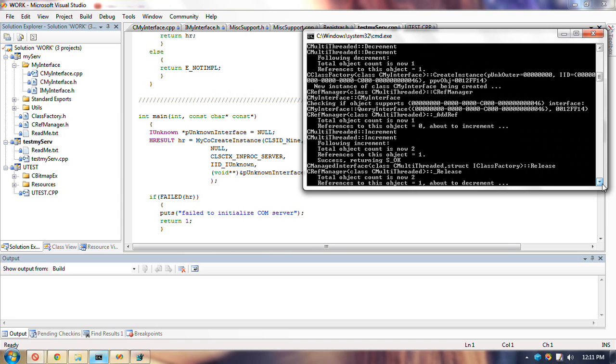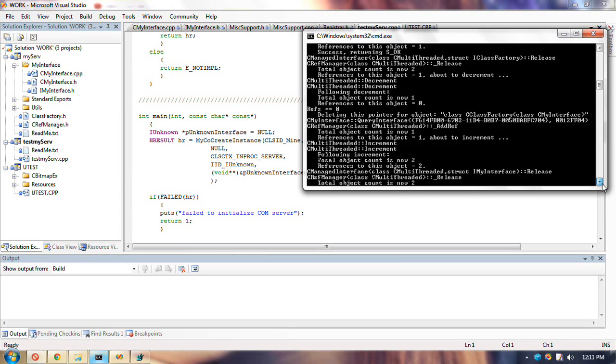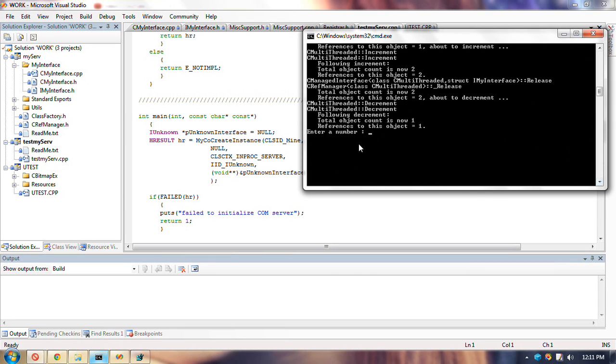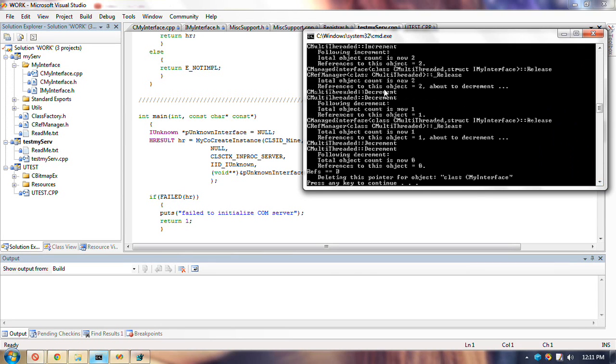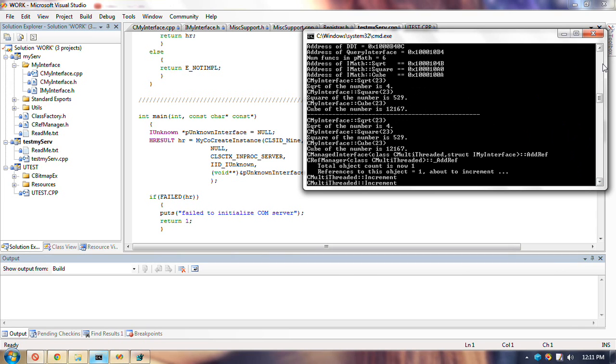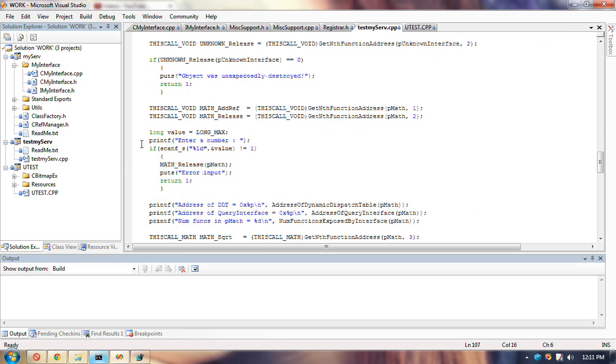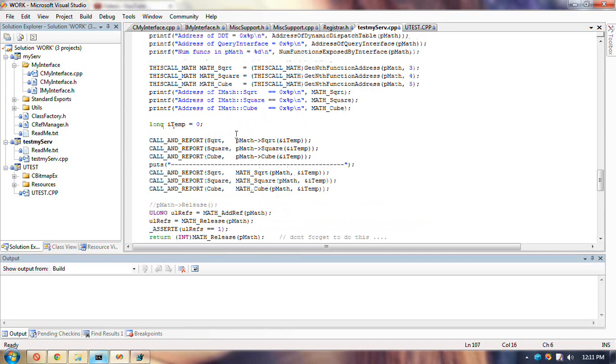This is all I printed from before. Somewhere I will have entered the number. Oh, here it is. So here, square root is 4, the square is 529, the cube is that, and so on. And I'm using two methods to do that. One, I'm using the COM arrow operator, and here is just a direct function call passing in the pointer to